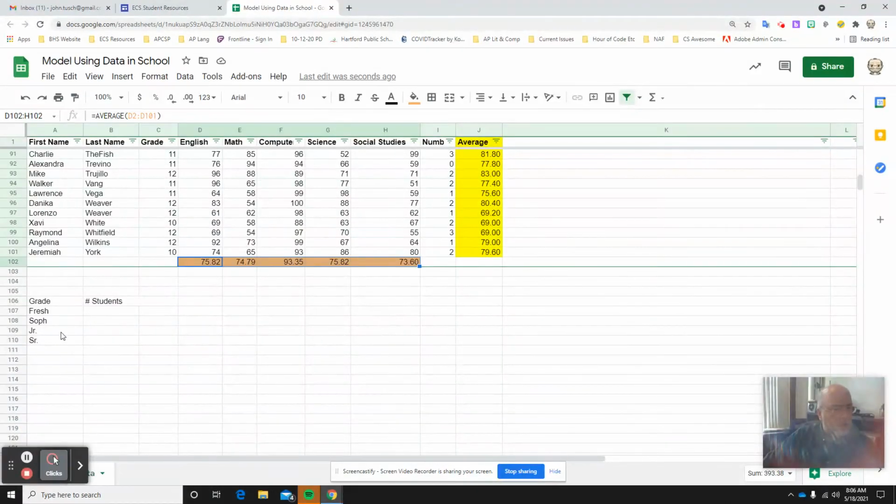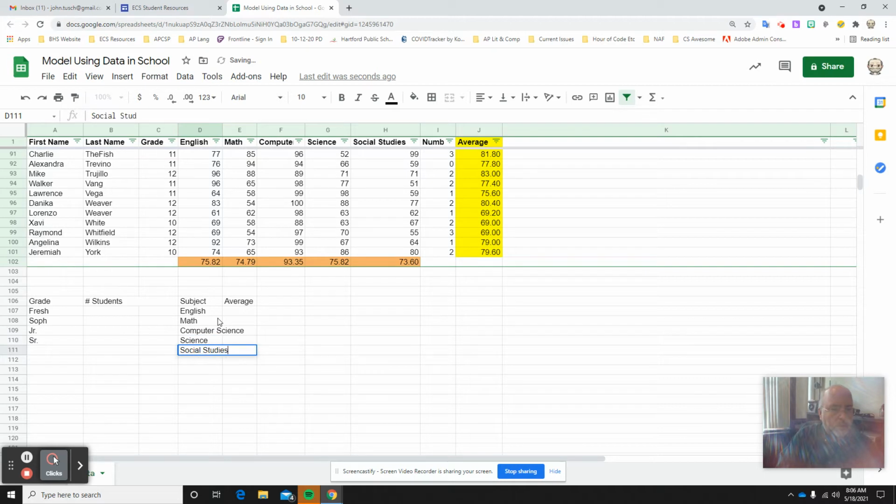So I'm going to have to make a chart. And I already have a chart here. I'm going to add the chart. And I'm going to want to know the subject. And I'm going to want to know the average, right? So to create my little table here, the subject is going to be English and math, computer science, and science,